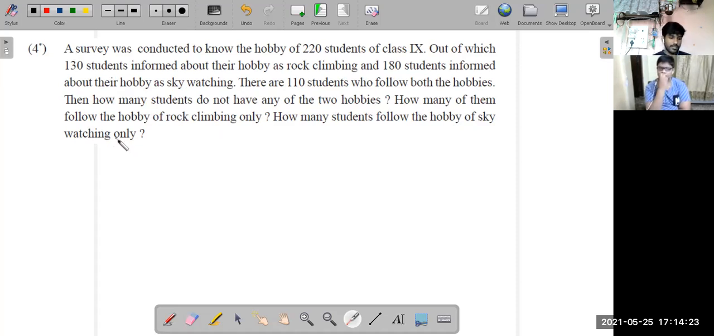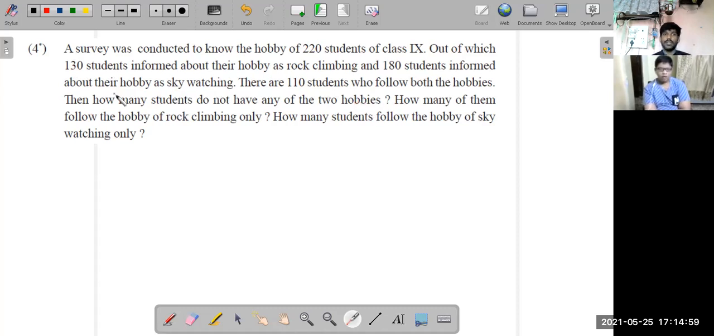Okay, understand the question clearly. There are 220 students. From this 220, 130 have their hobby as rock climbing. From this 220, 180 students said that their hobby is sky watching. And there are 110 students who follow both rock climbing and sky watching. You have to find out how many students do not have any of the two hobbies,